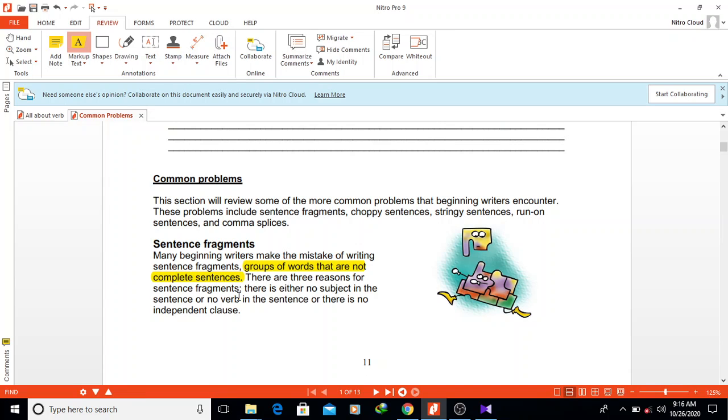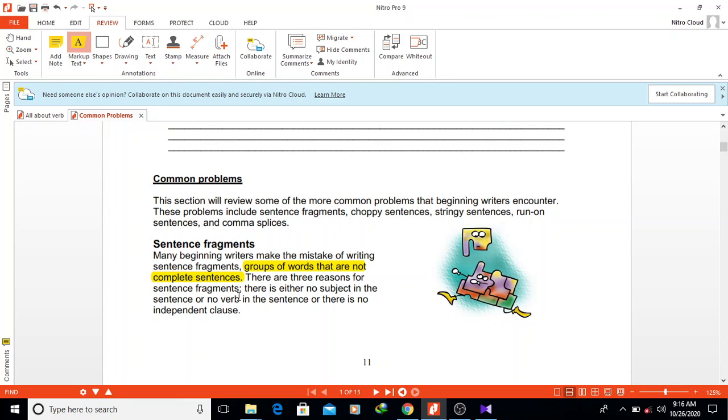Okay, so you have to remember that a complete sentence, even if it's a simple sentence, should include subject and verb. Okay, you go. That's a simple sentence with two words, but that's a complete one. That's a complete sentence with a complete idea because we know who and we know what that person will do. I said you go, so that person has to leave the room. That's a complete sentence, even if it has only two words.